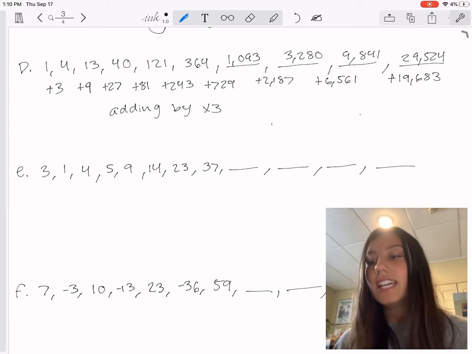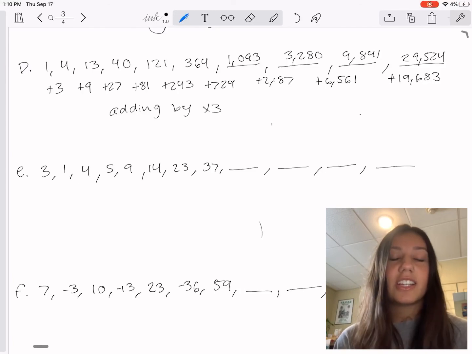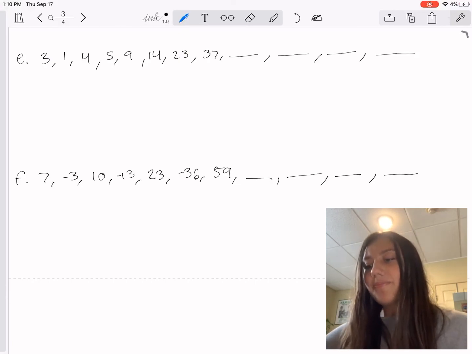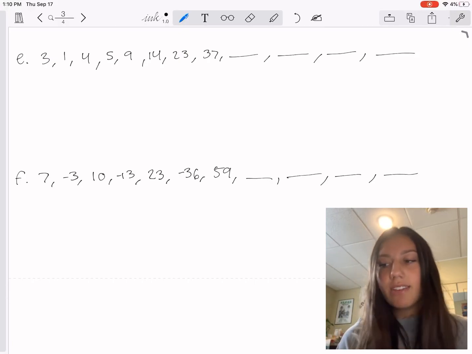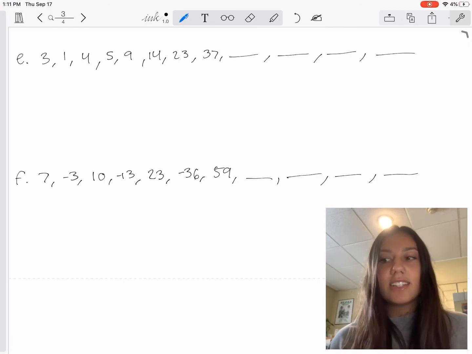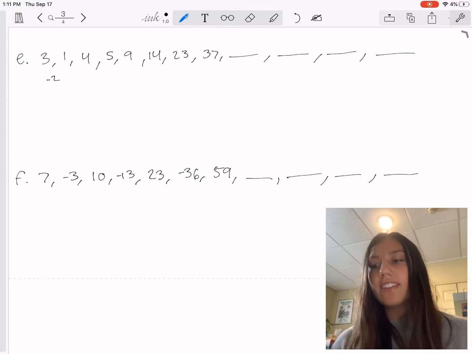And then for E, this is where I took really long on these problems. Sorry about that. But I could not figure out what it was at first. I couldn't find a pattern. I was writing out the differences. There was nothing that made sense. And then I realized that